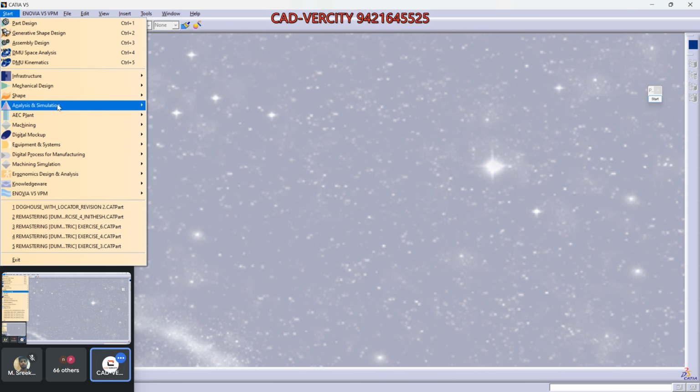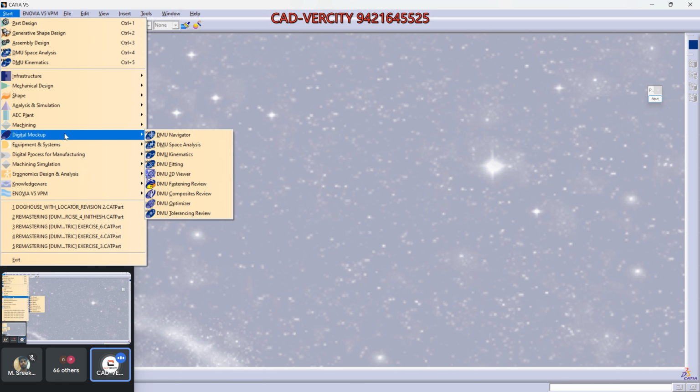Okay. So here in Digital Mockup, you will find Space Analysis for analysis purposes, and DMU Kinematics, where you can apply some joints for motions. If you are interested in kinematics mechanisms, this is very important for you. Okay. So starting with